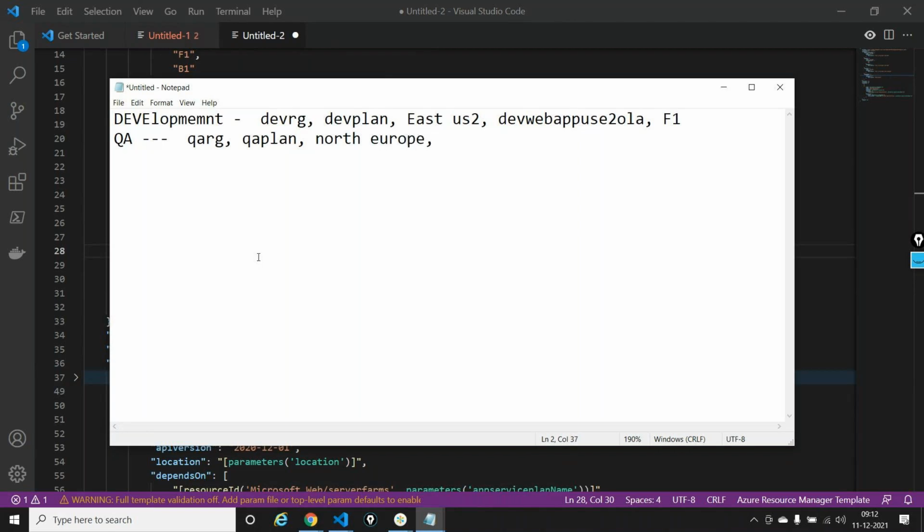And the name of the application should be QA web app, North Europe, NEU, simple code out here, and say Ola. And this should be in B1. And we'll talk about production. So if you need production also, I'll say prod. It's prod RG, prod plan,